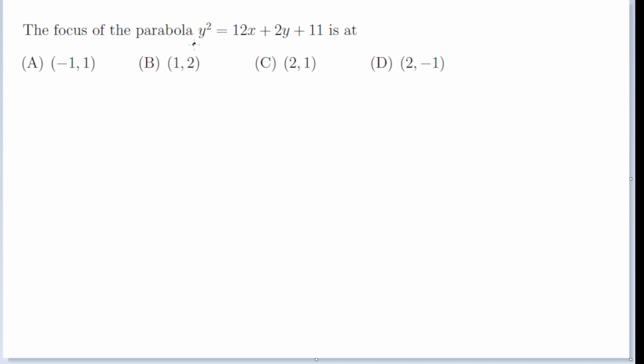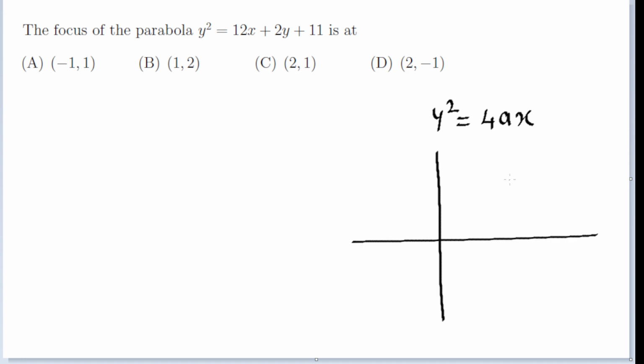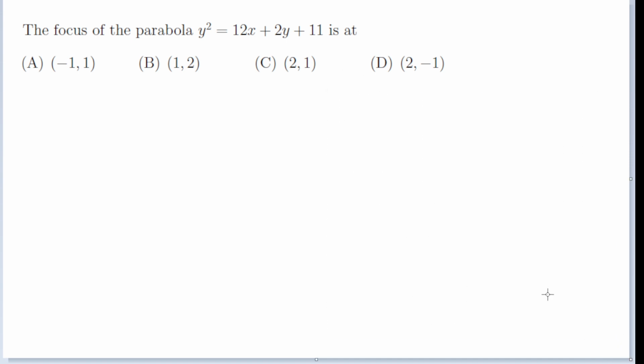Now if you look at the equation of the parabola, it is definitely not the standard one. If we consider the standard equation, y square equal to 4ax, we know that's the parabola that opens towards right, and the vertex is at origin. Similarly, the distance between the focus and the vertex is given by a, which is apparent from the standard equation. Since our equation is not in standard form, we'll have to bring it in the standard form and then see how the parabola is located.